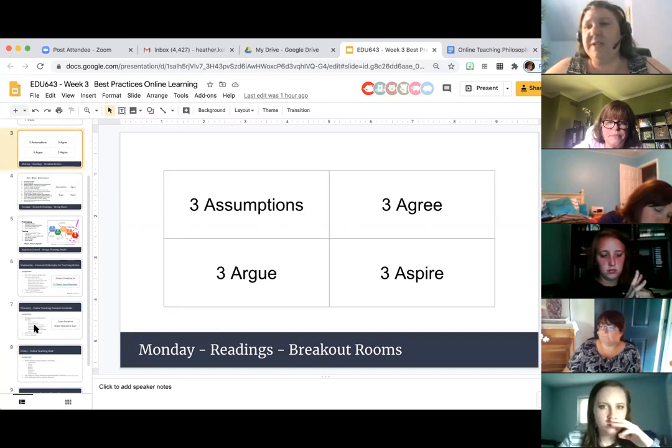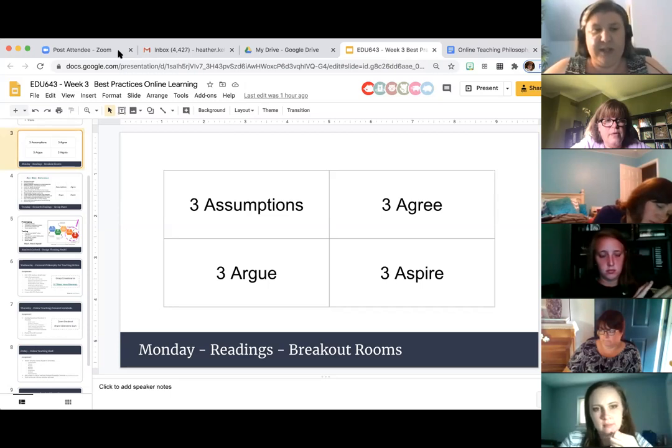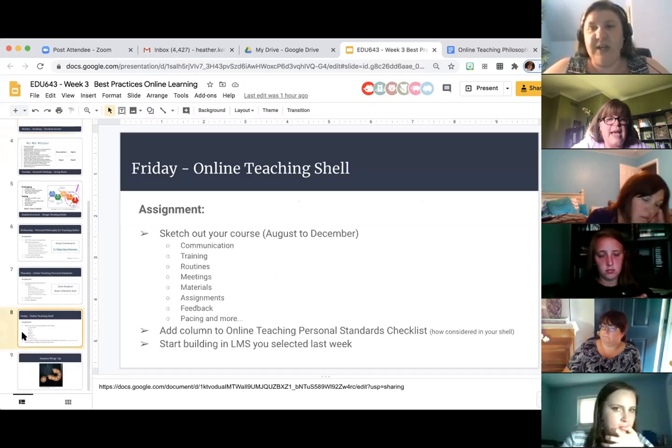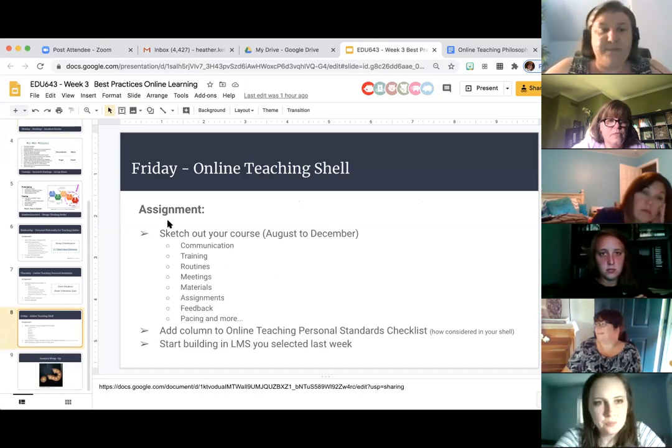What I did was make a copy of that, paste it, and add another column to the right. I labeled it standard, whatever it said to label it, and then shell considerations. Then you just think about each one and where it would go on your shell. That's what I did.